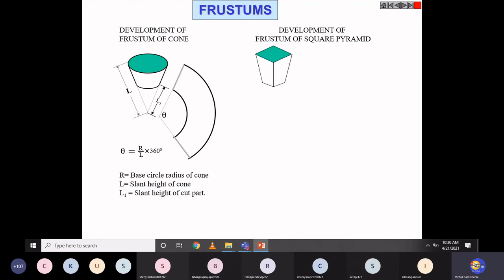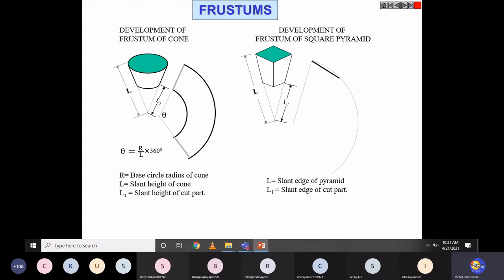If we have a pyramid, suppose initially by looking at this shape, definitely it was originally a pyramid, but someone has cut this pyramid somewhere with a cutting plane. So again, you consider the entire pyramid and construct the entire development for the pyramid in this way.